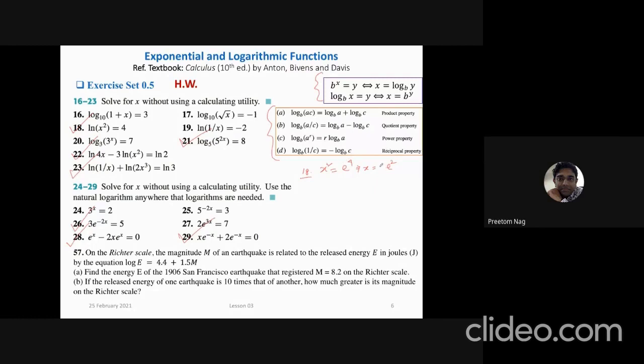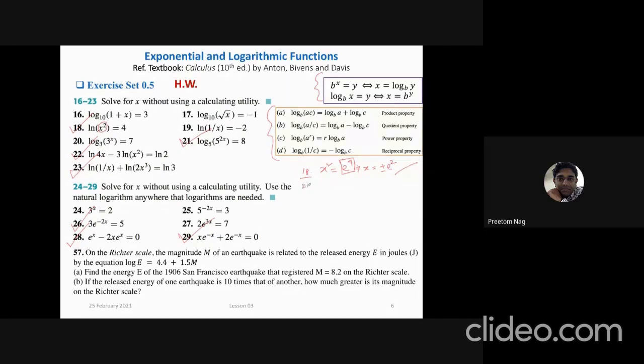It can be, yeah. It is possible. e to the power minus x possible, right? e to the minus x এর সাথে কিন্তু এখানে কোনো সম্পর্ক নেই, because this is a constant number. e to the power 4 is a constant, right? So x can be positive e square or negative e square as well, no problem. So আমাদের এখানে ln x square, তো x square হতে হবে আমাদের অলওয়েজ পজিটিভ নাম্বার, রাইট? ঠিক আছে, x স্কয়ার হচ্ছে e to the power 4, x হতে পারে প্লাস মাইনাস e স্কয়ার, ঠিক আছে।